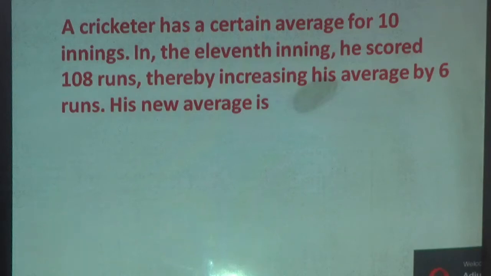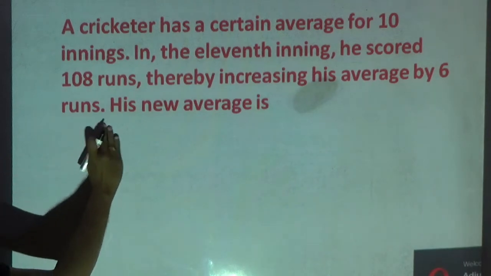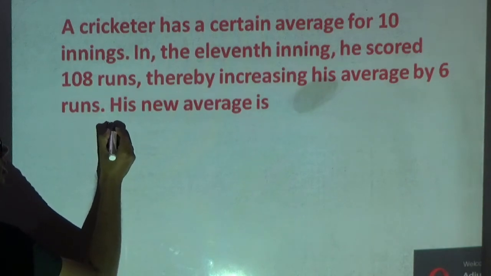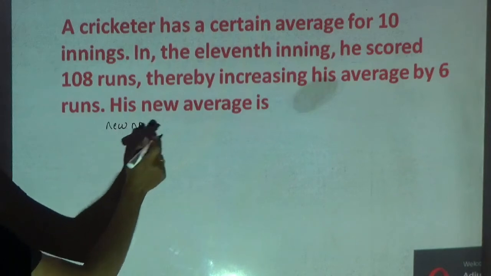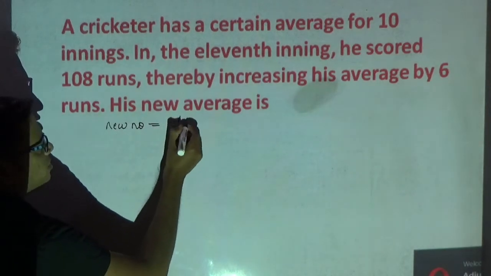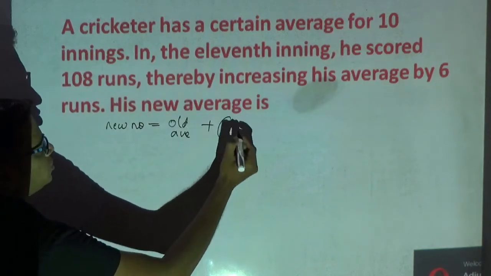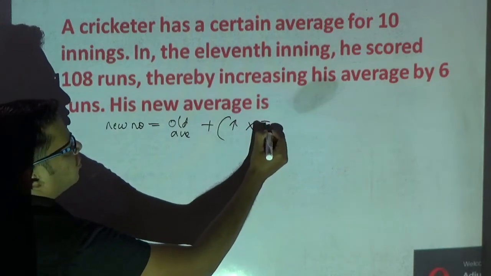Next problem. A cricketer has a certain average for 10 innings. In the 11th innings, he scored 108 runs, thereby increasing his average by 6 runs. I need to find his new average. Please observe here, I know that the new score will be equal to old average plus or minus; here the average is increasing, right? Therefore plus, the increase in the average into the total number of